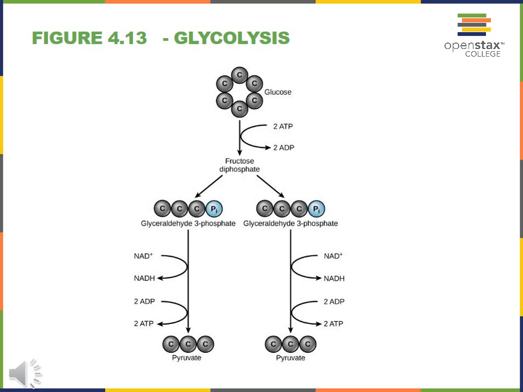Once the ATP and the ADP have been taken out of this glucose ring, you're left with this stuff called fructose diphosphate. Remember, now we've got two phosphate molecules here. Each one of those will break up into glyceraldehyde triphosphate, or 3-phosphate, and you'll have two of these, and now you can see they're on very separate paths. You've got the left hand side and the right hand side, but each side is